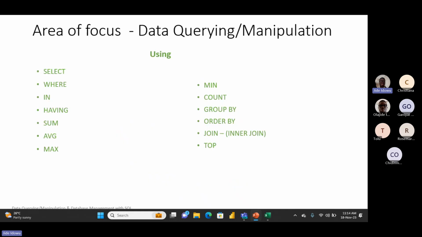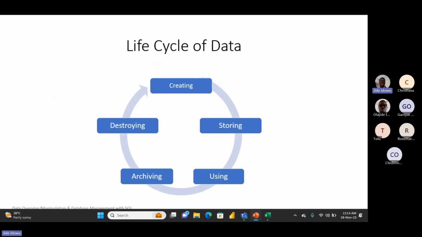The area of focus for today, these are some of the things we'll be touching. I'll go back a bit. There is using here. If you look at it, there is using after creating, storing, using. So